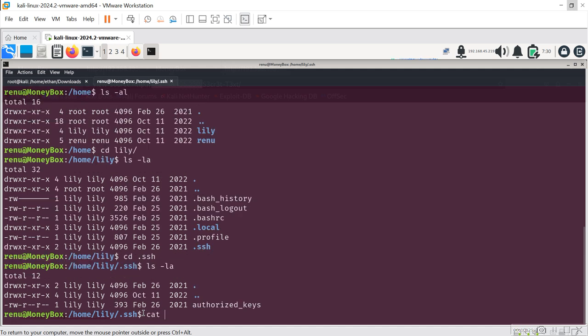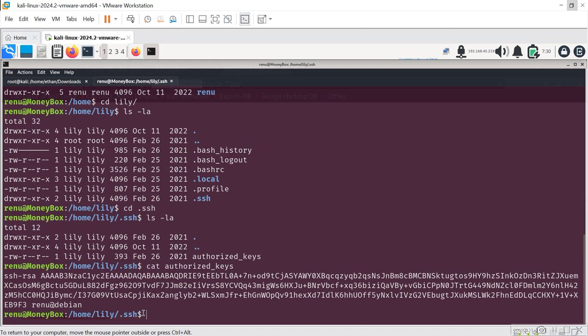And you got the authorized keys as well. So as you can see, which is basically the public files. So what we can do is just simply we